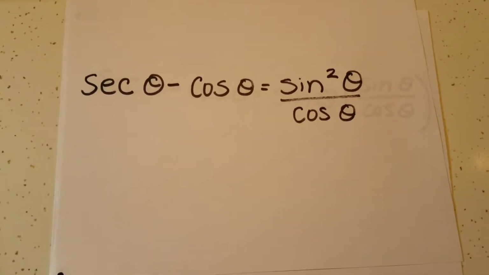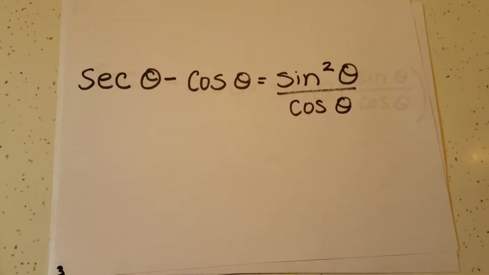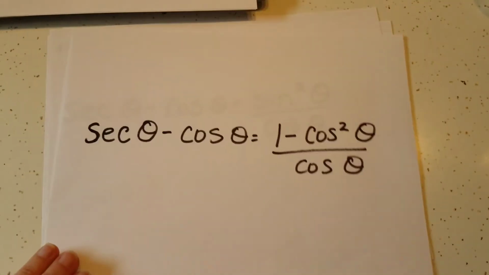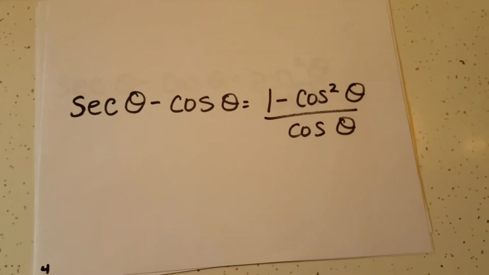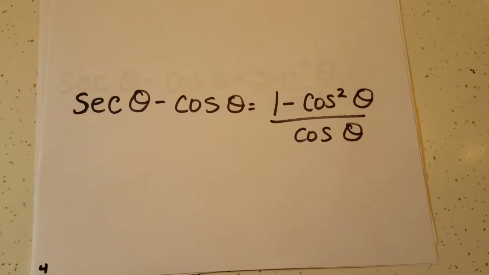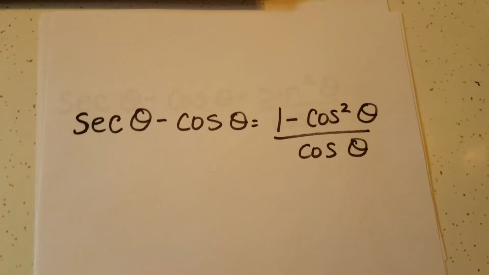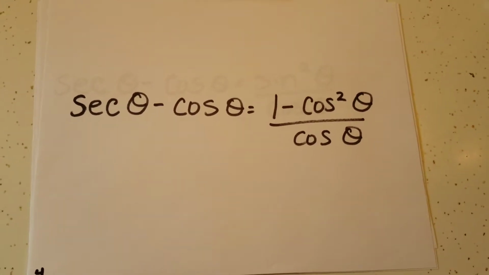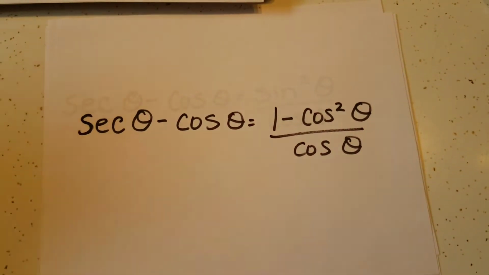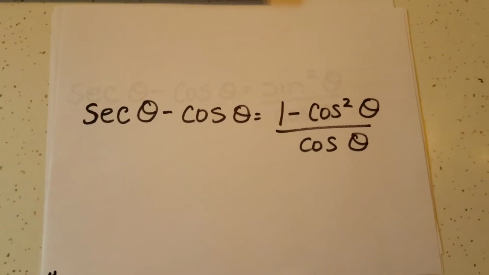And we're going to keep working on that right side, and we know from the Pythagorean identity that we can change that sine of theta squared into 1 minus the cosine of theta squared over the cosine of theta. And we're going to leave the right side like that right now, and we're going to jump over to the left. And on the left side, the first thing we're going to do is we're going to change that secant